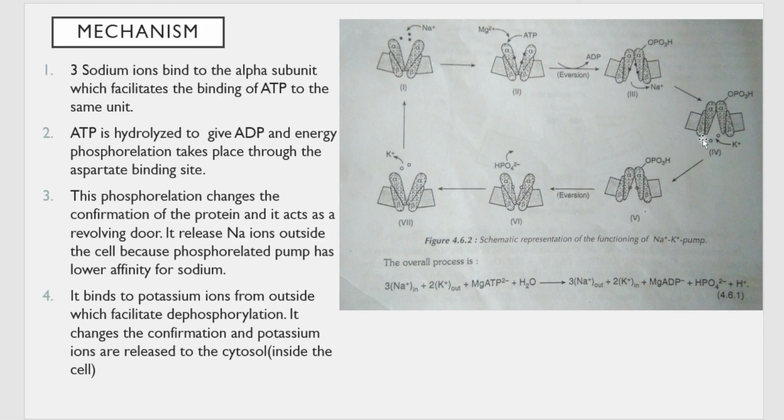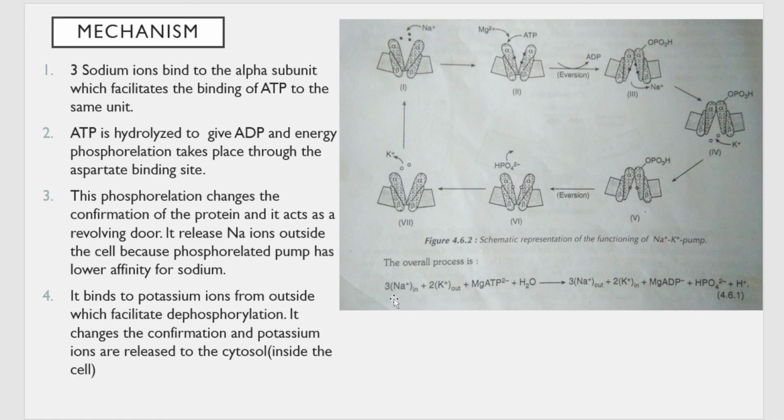Next, once again, because of potassium ions binding, there is dephosphorylation, which is the complete opposite of these three steps. Because of dephosphorylation, once again the conformation of the protein changes. This conformation has lesser affinity for K plus, whereas it has more affinity for Na plus. So it throws out the 2 K plus ions, takes up the 3 Na plus ions, and continues in the same way. This is nothing but your sodium potassium pump, which is represented in this equation.